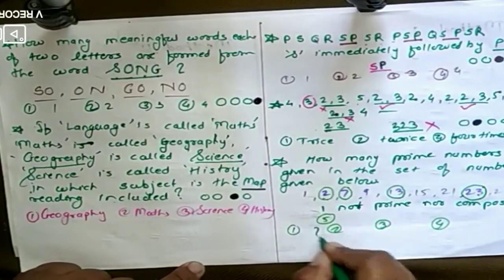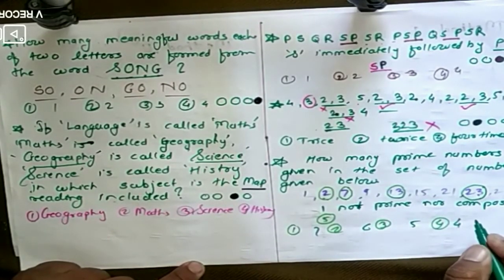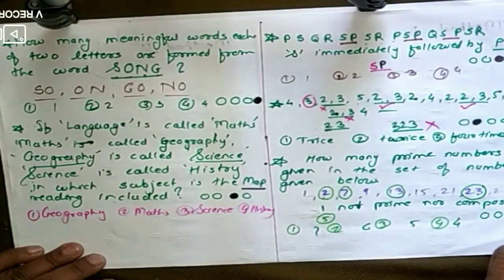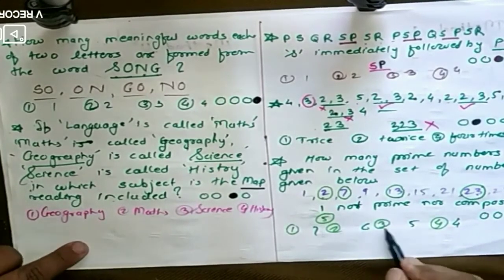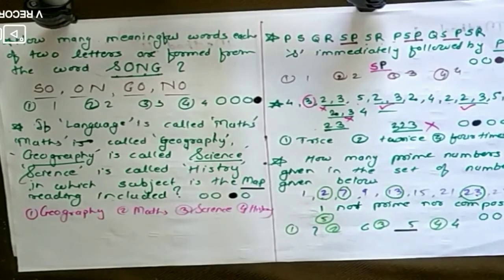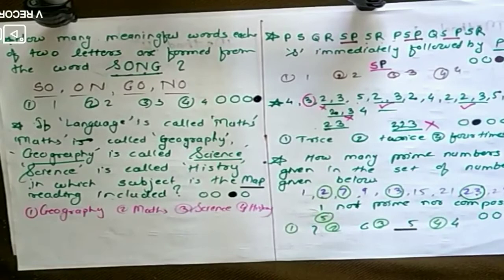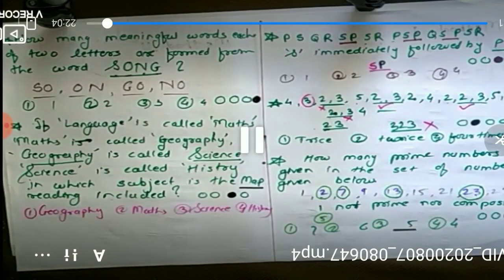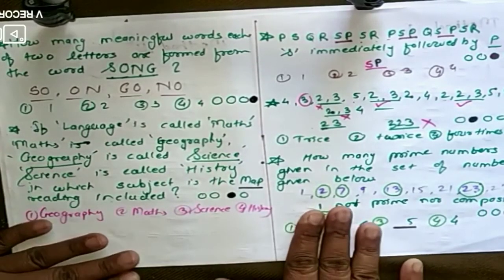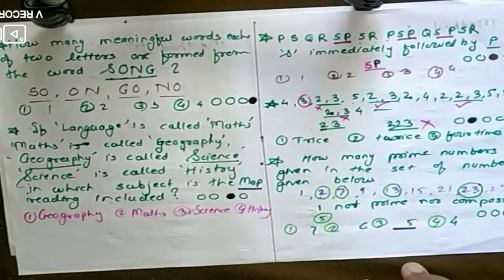They may give the options 7, 6, 5 and 4. So our answer is how much? It is 5. So from these 4 options we have to choose option number 3. This is option number 3 and that is its answer. In this way these types of questions will come in the paper, and in today's test we will practice such types of questions. Solve it, it is actually very interesting, and you will definitely get good marks in today's practice paper.